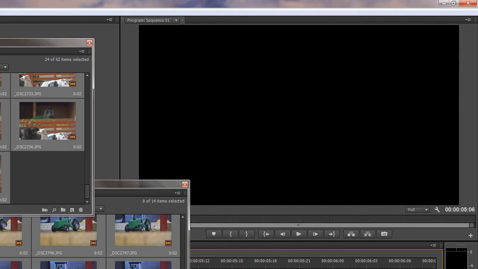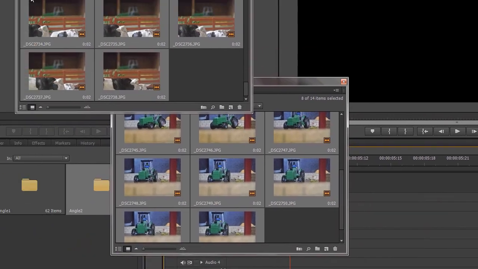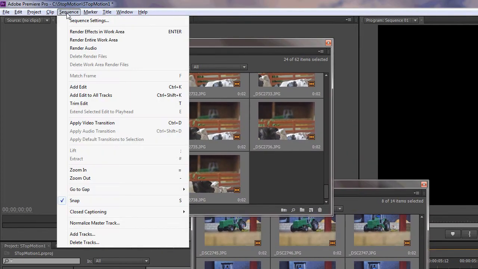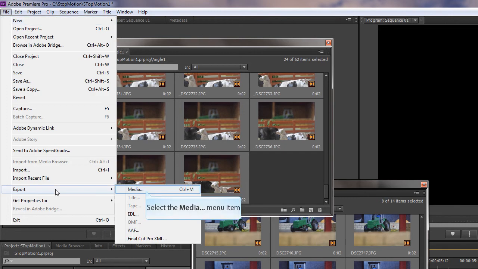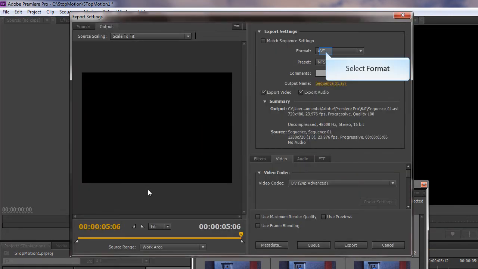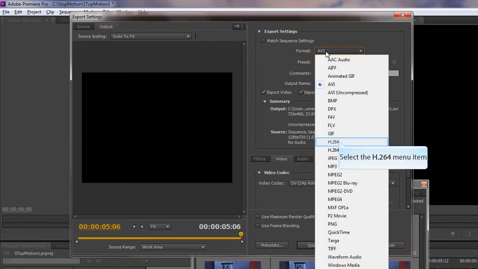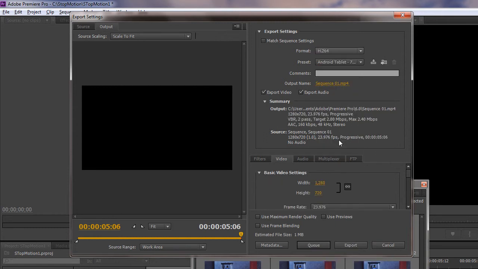With your sequence, then we can export the sequence as media. I would probably choose something like H.264 in this case, and keep the frame size the same. It should be a relatively low file size, and also it should